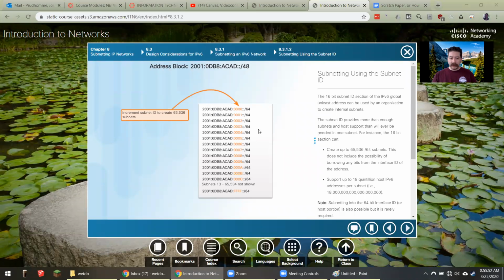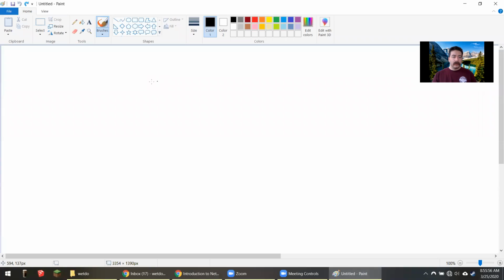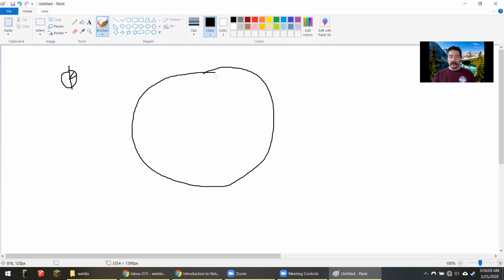So breaking up this pie is a little different than the IPv4 pie. With IPv4, remember we had our pie and we could only ever cut pieces in half, like so. Now the IPv6 pie is considerably larger, but rather than cut it in half, we just cut one slice. So that would be 0000, 0001,